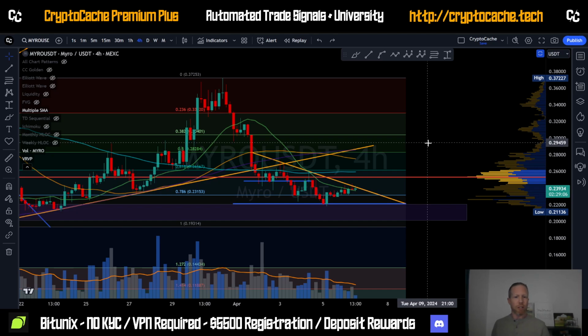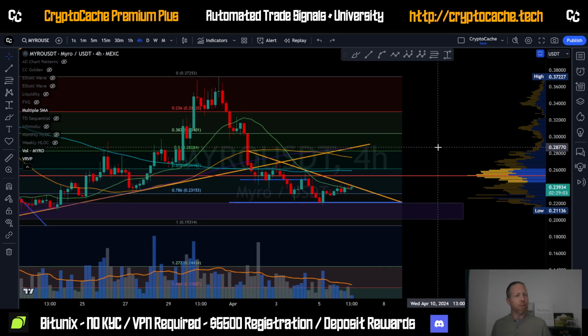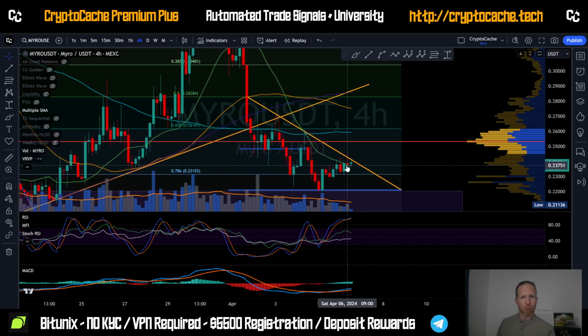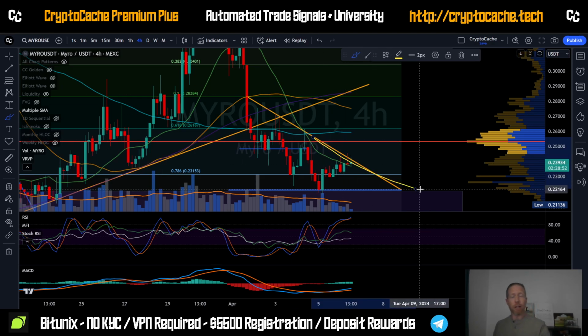But the way to identify a trend is pretty straightforward. Let's discuss this really quick before we move on. We are below a lot of moving averages. We just barely got back up over the 20 on the 4-hour. So while that's a positive sign, again, you can see the 20-day SMA running concurrent with the trend line. That's a good thing.